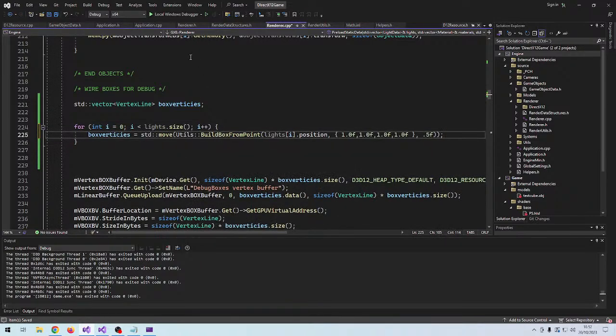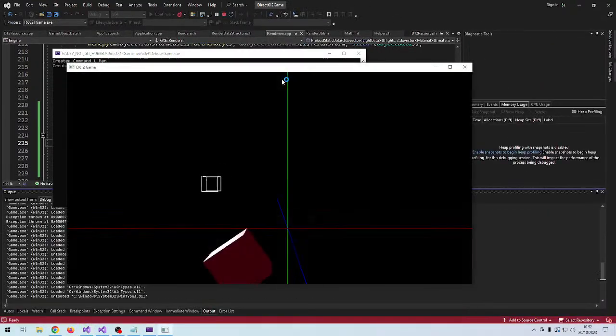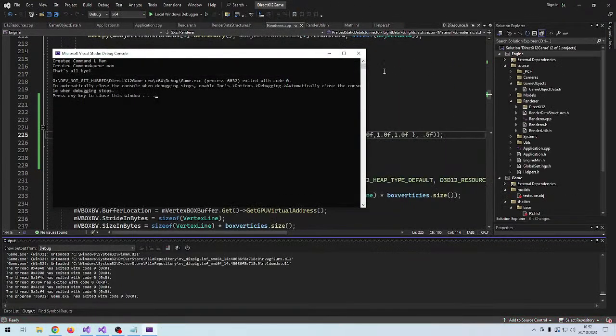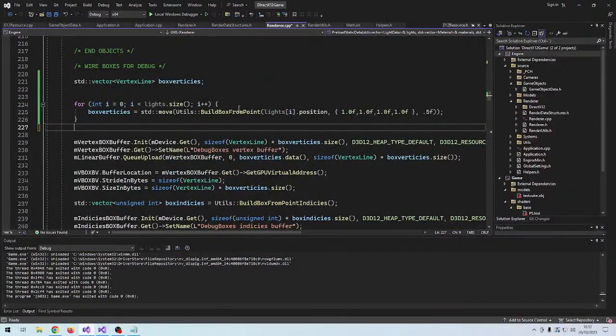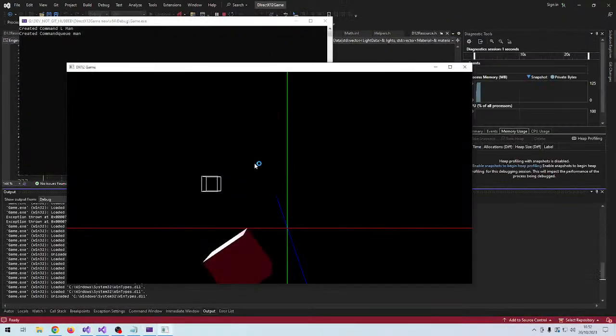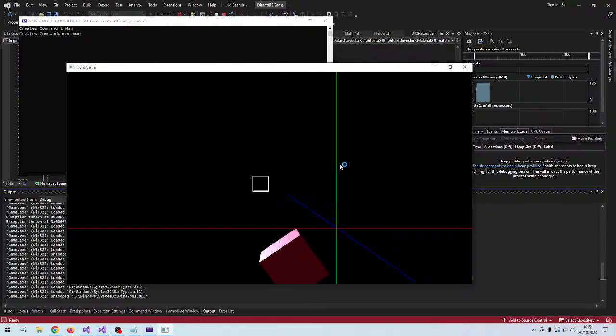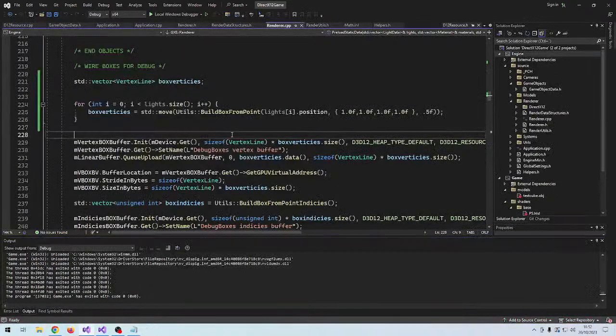So for now, this should work exactly the same. Yeah, it does. So yeah, for each light, we create a box that surrounds it. We can always change the method in terms of whatever box we want to be created for our lights, and